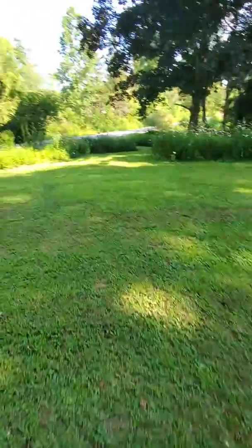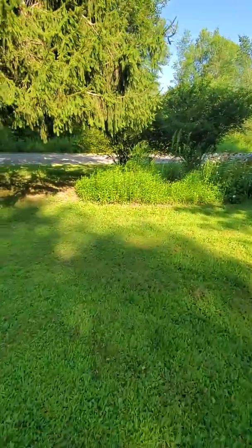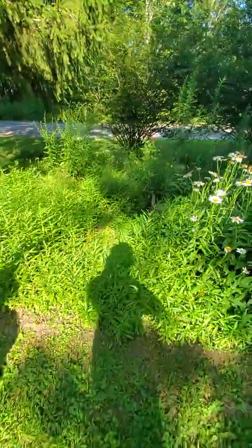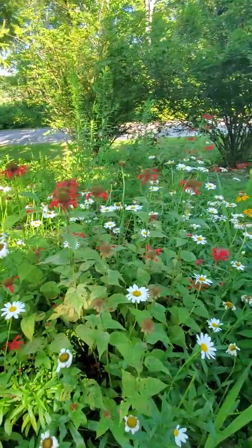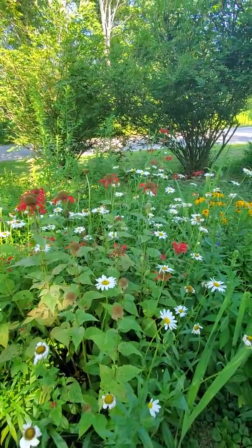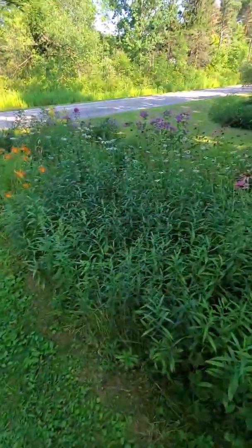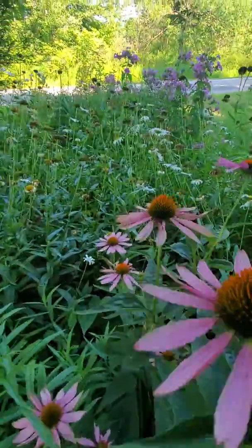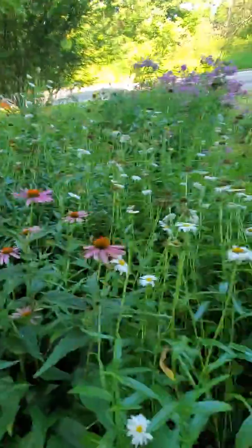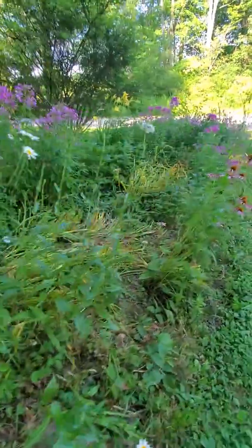Now we're into big shade again, but this bed over on the left is a little bit sunnier. This is going to be physostegia, not quite yet. It'll be coming up. The red monarda is here. I think this is the only place that I had the actual wild monarda and the rest of the other colors. And the physostegia is coming through here. It takes over too. So then our daylilies, most of those are from my friend Joe, but also Alfred had a few that we transplanted from another bed. And I could put annuals in here, but